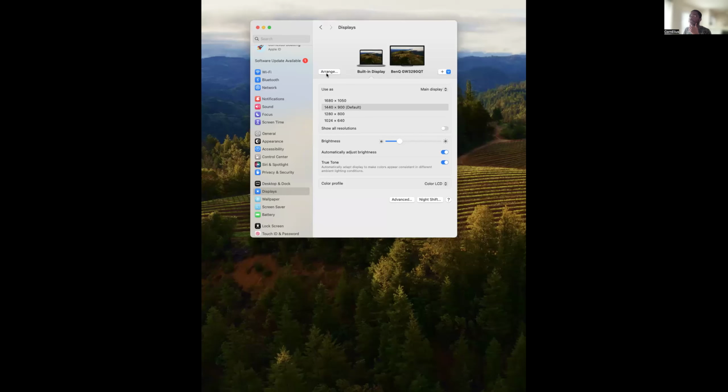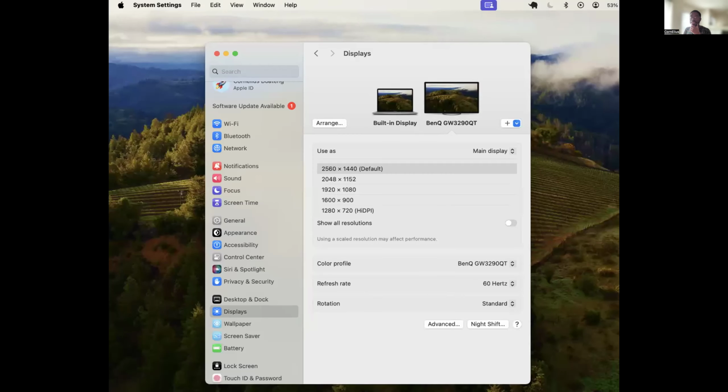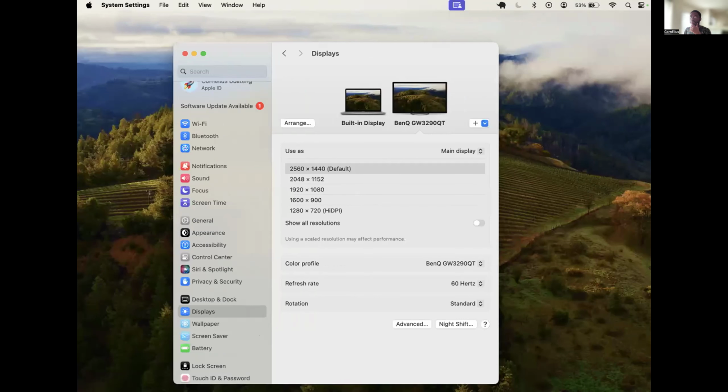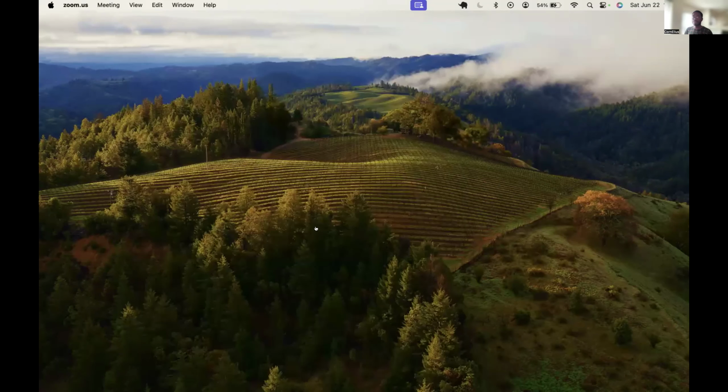Built-in display, let's arrange. Which of my screens can you see? What can you see on my screen? You can see a menu with the display menu. Okay, that's good. Yeah, that's what I want you to see.